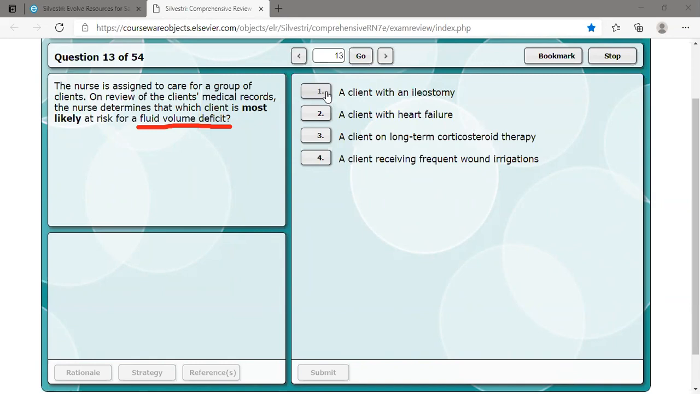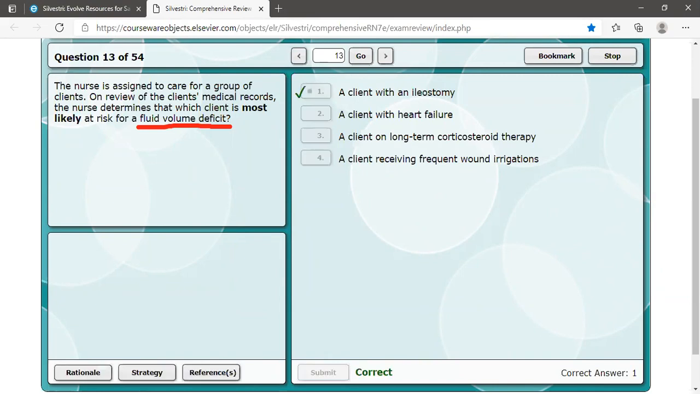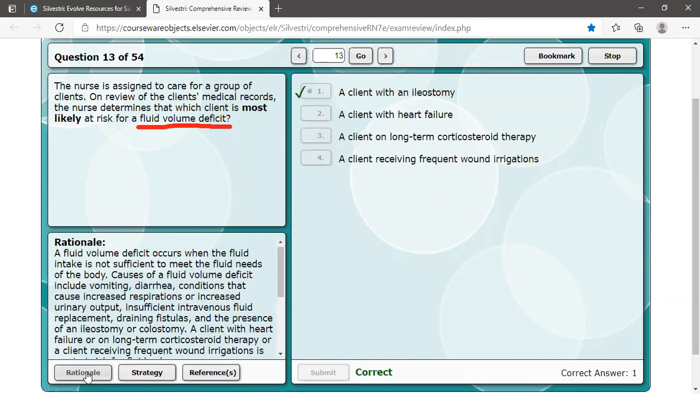Except number 1, which one can cause loss of the fluid? So what is their explanation? They said a fluid volume deficit occurs when the fluid intake is not sufficient to meet the fluid need by